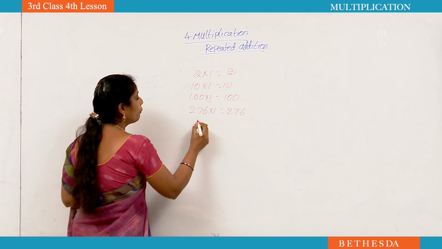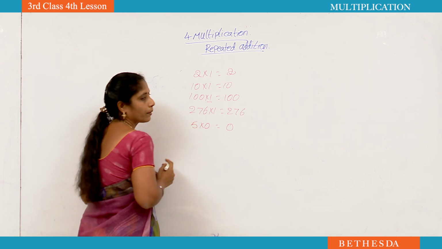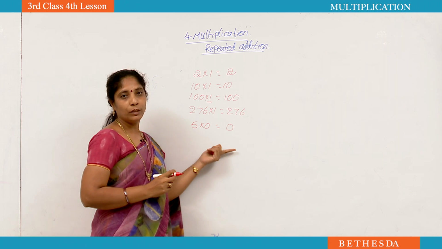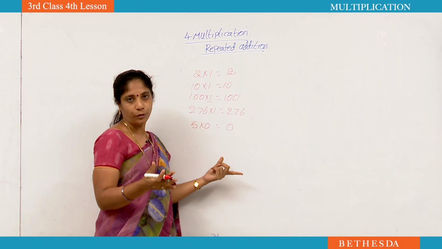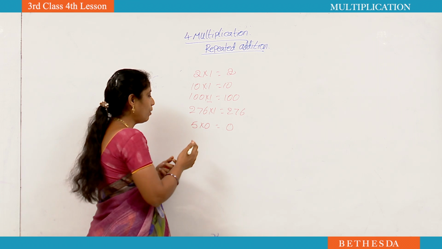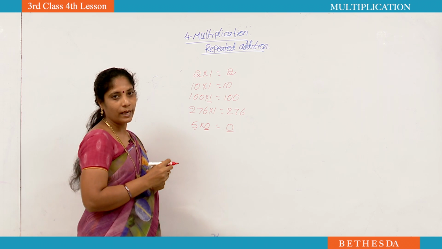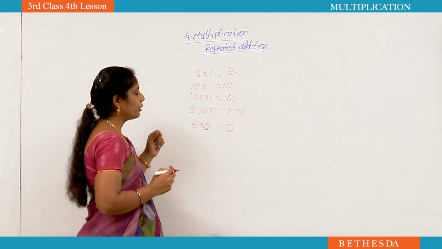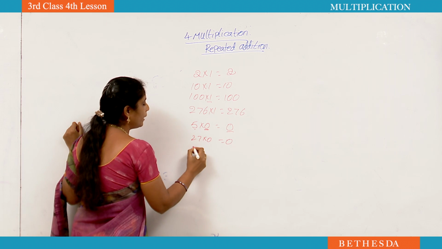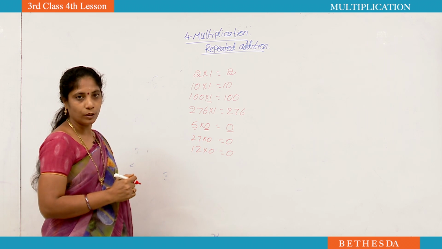Next one is, if you multiply any number with 0, we will get 0. Already I am saying for you from second class onwards. See, any number into 0, anything into 0 equal to 0. If you make friendship with zeros, you will also become a 0. How? See here, 5 is making friendship with 0, that's why it became a 0. That's why don't do friendships with zeros. Now see, 5 zeros are 0, 27 zeros are 0. 0 into anything is equal to 0.